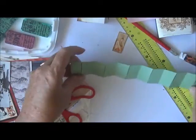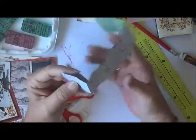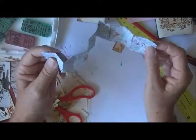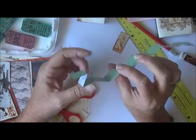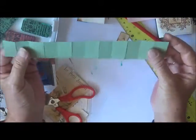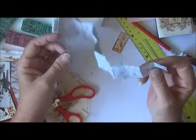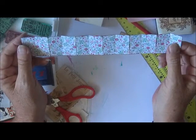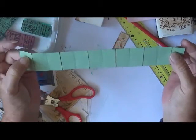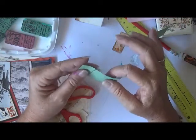And these end ones end up getting glued to the front, the first domino and the second domino, and I'm just trying to work out what side I actually want to be my front. So that's going to be my back, and that is actually going to be my front. Is that right? I think I'd prefer that as the front when you open it up, and you have that on the back side. So if that's the case,